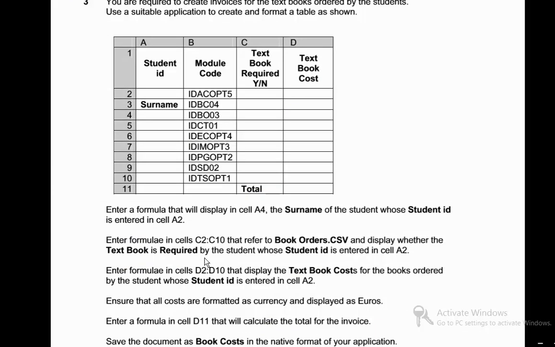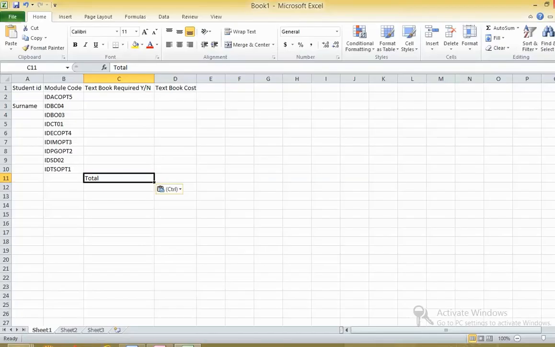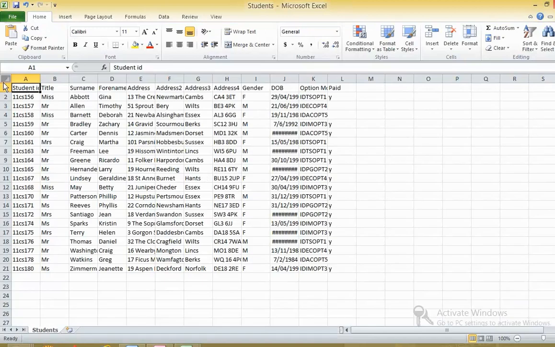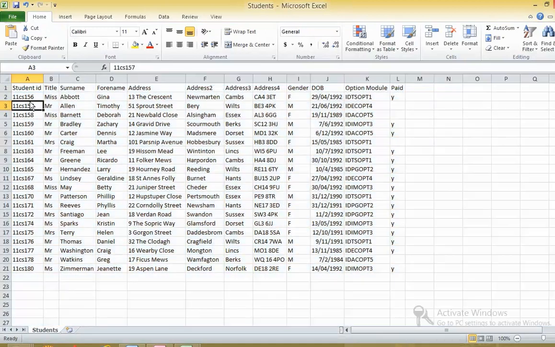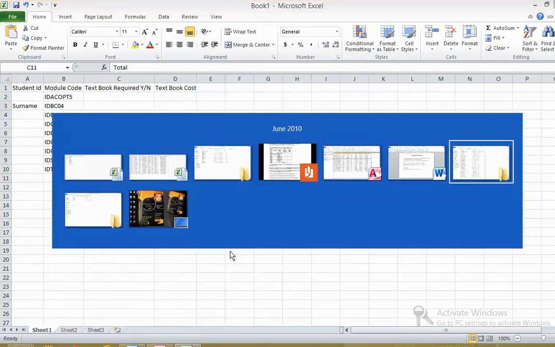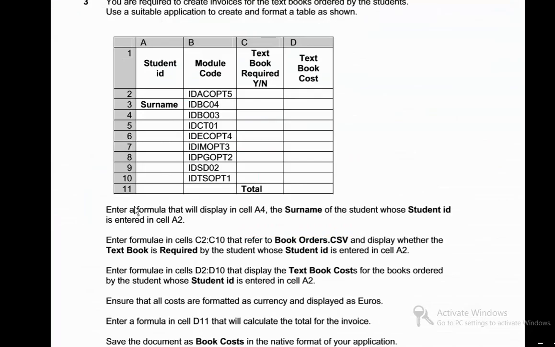Enter formula that will be displayed in cell B2, the surname of the student whose student ID is entered into cell A2. So we have to use the other file, which is the students file, probably, where you have the student ID and name. So I repeat the question again. Enter formula that will be displayed in cell B2, the surname of the student whose student ID is entered in cell A2. So